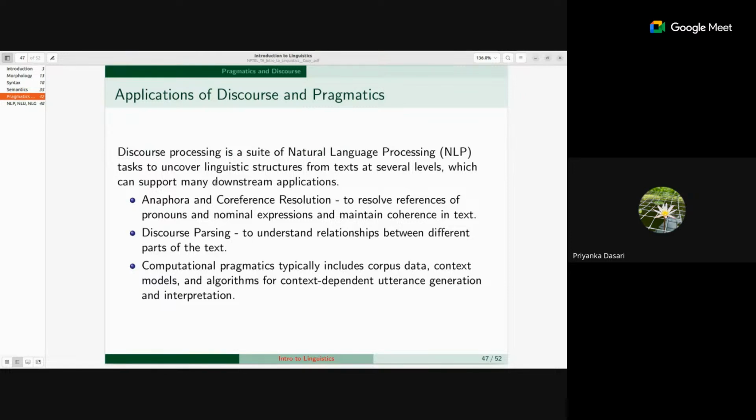Since this is, as we discussed, a kind of intro to linguistics course, I thought I would just include all the basic concepts. Further sessions have different concepts as well, so maybe somewhere they will be interlinked. That's it. That is why I've continued to present till here.